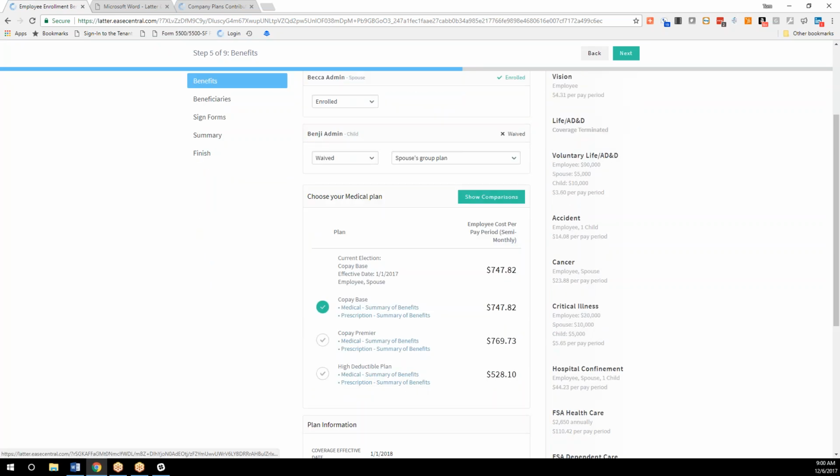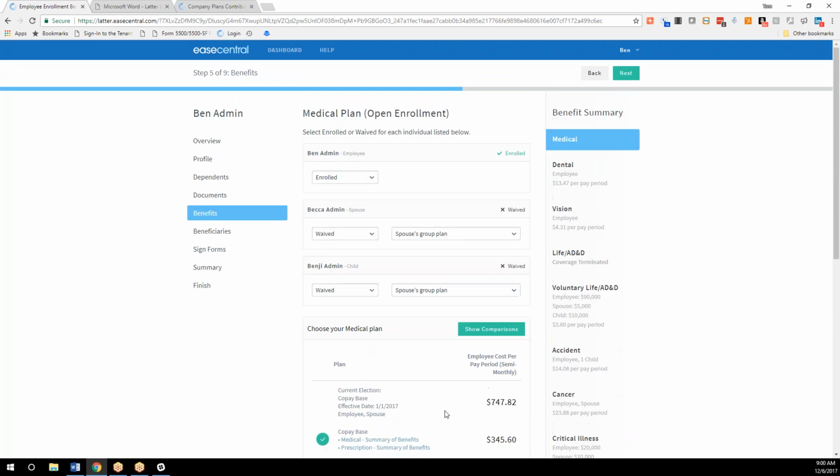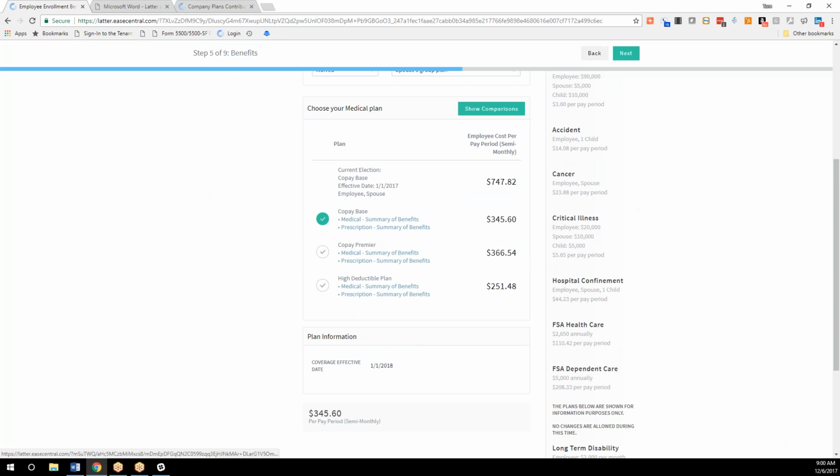But you see the costs are staying the same for the copay plan, the base plan. If I want to keep my coverage the same, my benefits would stay the same. However, if I wanted to waive my spouse, I'd need to spell out a reason why I was waiving my spouse there, and I could maybe enroll myself and my child. It automatically adjusts that and shows what the new cost for these different plans would be, for the 3 different plans being offered based on what I'm actually electing. So once I've made that election on any of these plans, and you can review the summaries here as well,